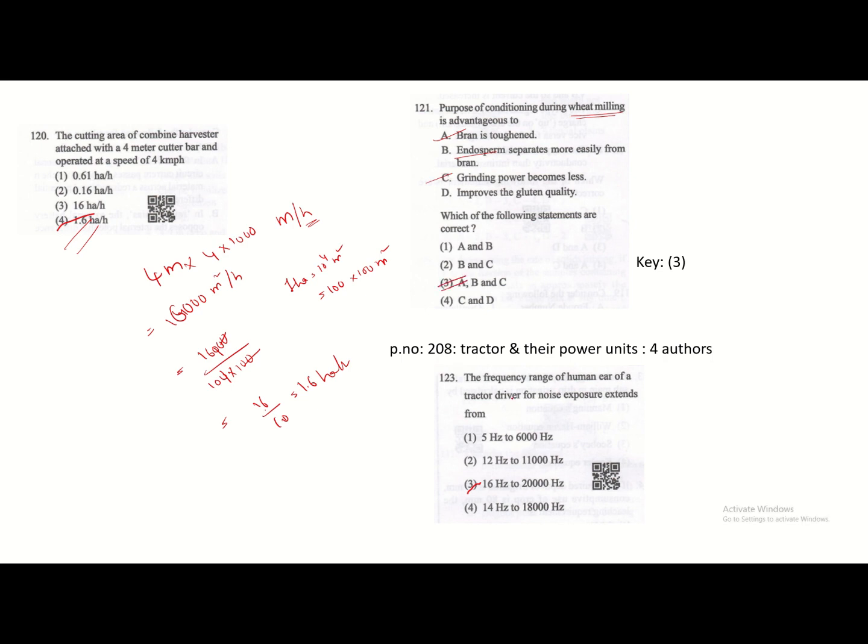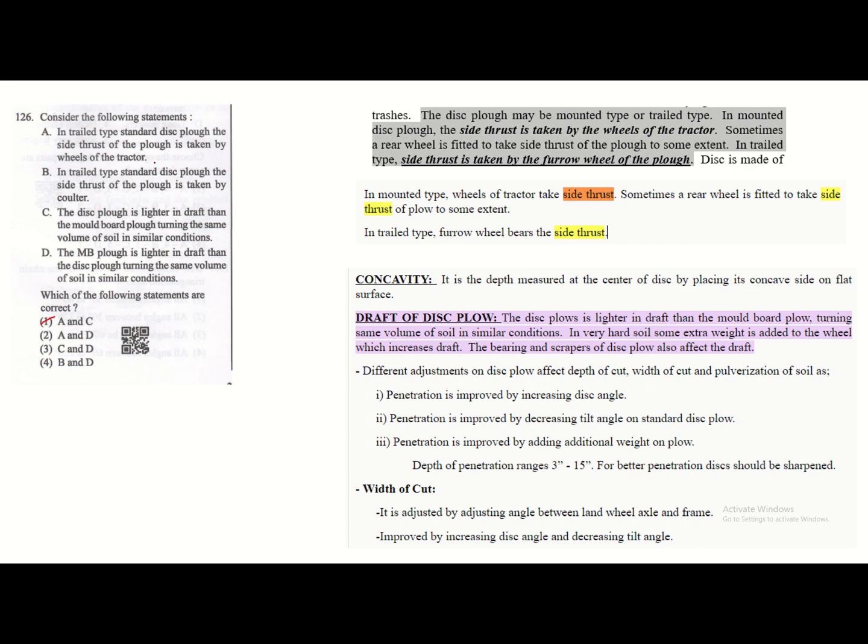Next, this is also a type of question from ergonomics. The instructor will always ask this direct question. So this is the source I have given. Next one is the question from the MB plow, disc plow and MB plow. That is a primary tillage and secondary tillage implement. So these are also direct questions. They asked from Jagdish Sahai. The trailing type, we know the types of MB disc plows are 2 types. So from this the answer is 1.